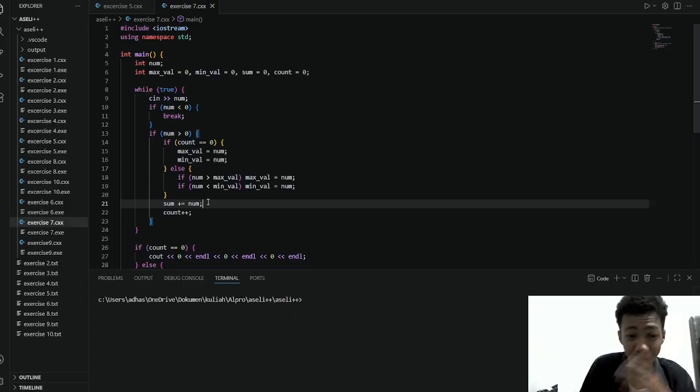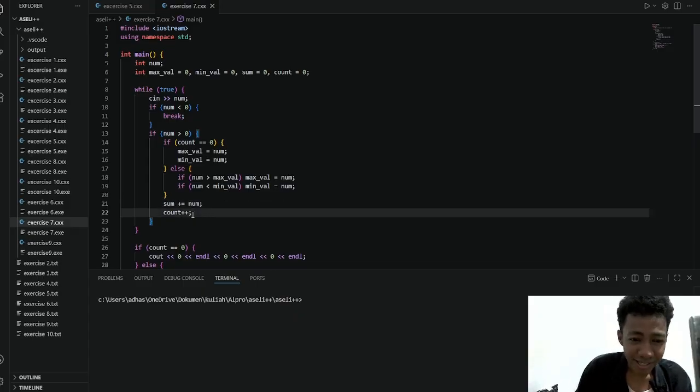After that, you remember from the latest iteration, we got the value of the sum is 5. So now we need to assign the value of sum with the value of sum plus the value of num, which is 5 plus 2, resulting in 7. Now the count is increased by 1. The latest value of count is 1, and 1 plus 1 will be 2.